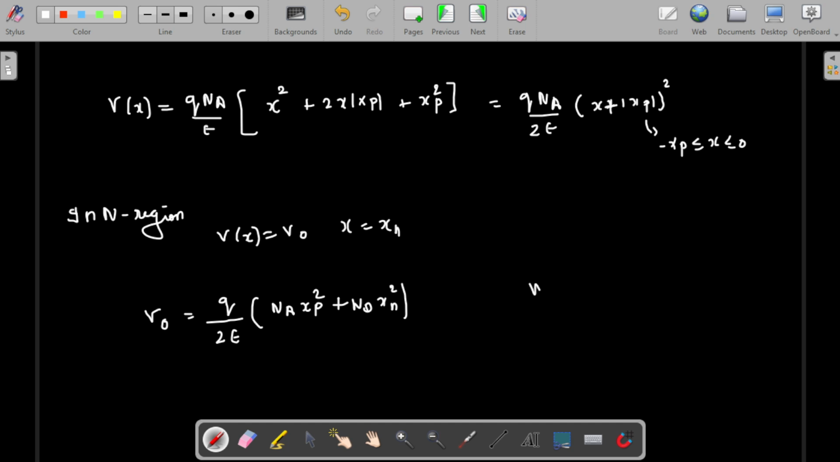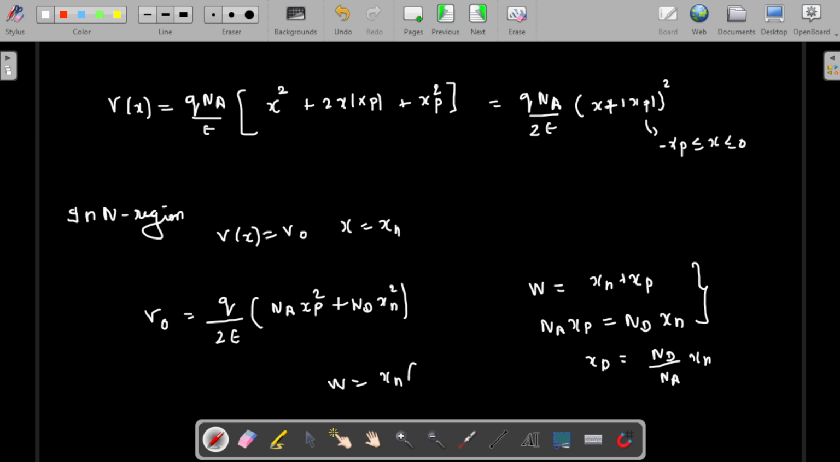So we know that W is equal to xn plus xp. If we substitute this here, then we can get the equation. We also have another equation, that is Na xp equal to Nd xn. Combining these two equations, we find that xp is equal to Nd by Na times xn. So if we substitute that in W, then taking xn outside,